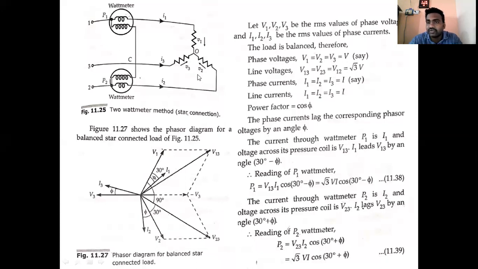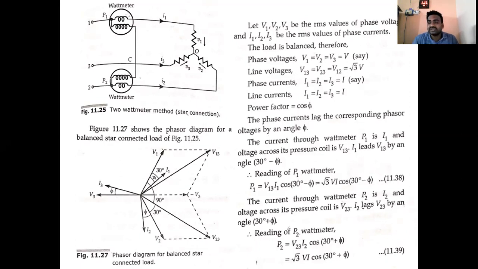Before analyzing the phasor diagram, what is a phasor diagram? A phasor diagram is a pictorial, graphical representation of the behavior of voltage and currents. What is the behavior of voltage with respect to current, and of current with respect to voltage? What is the behavior of the phase angle between voltage and current? What are the resultant parameters? All of these things related to voltage and currents are represented in a graphical form called a phasor diagram.